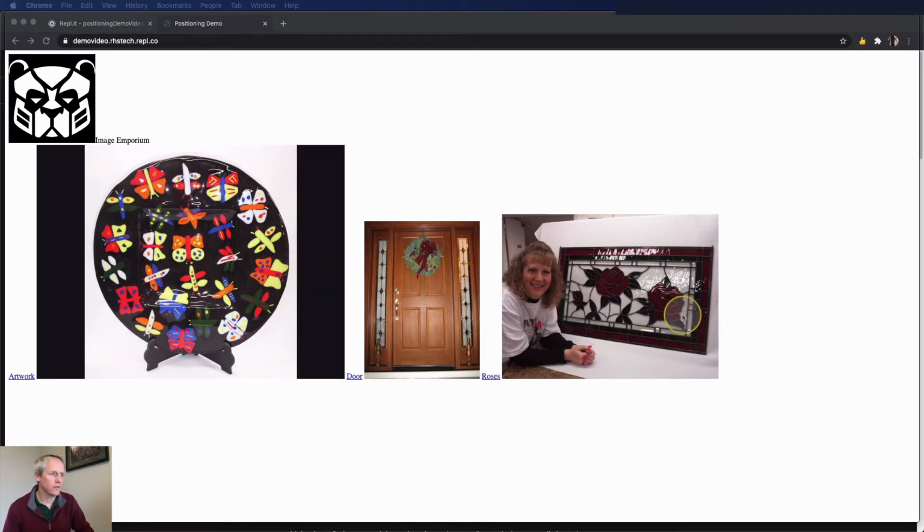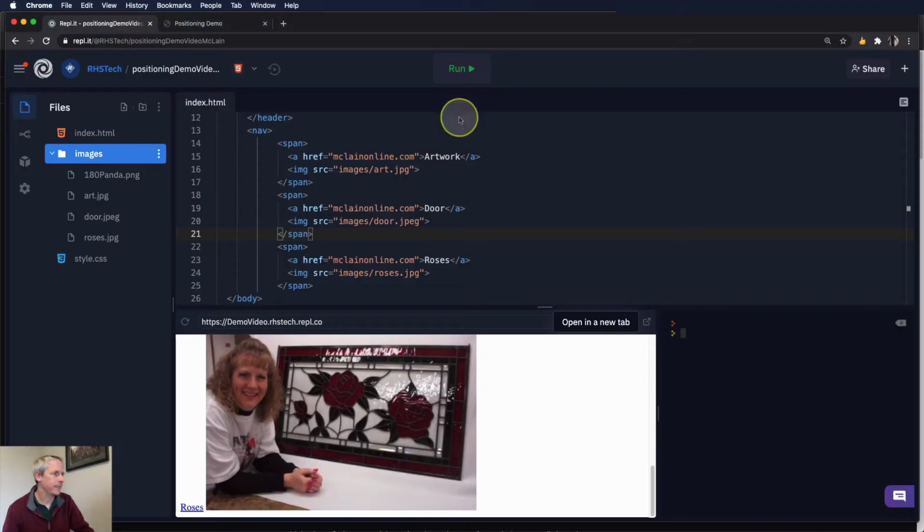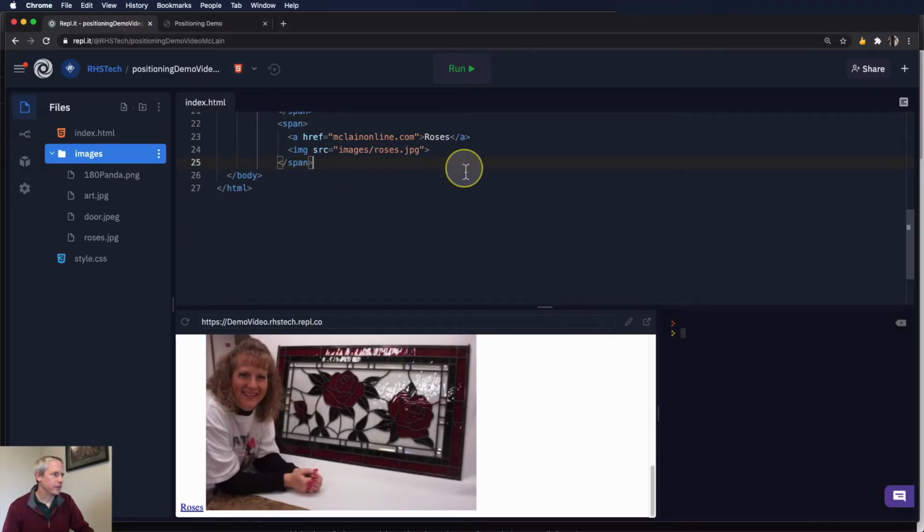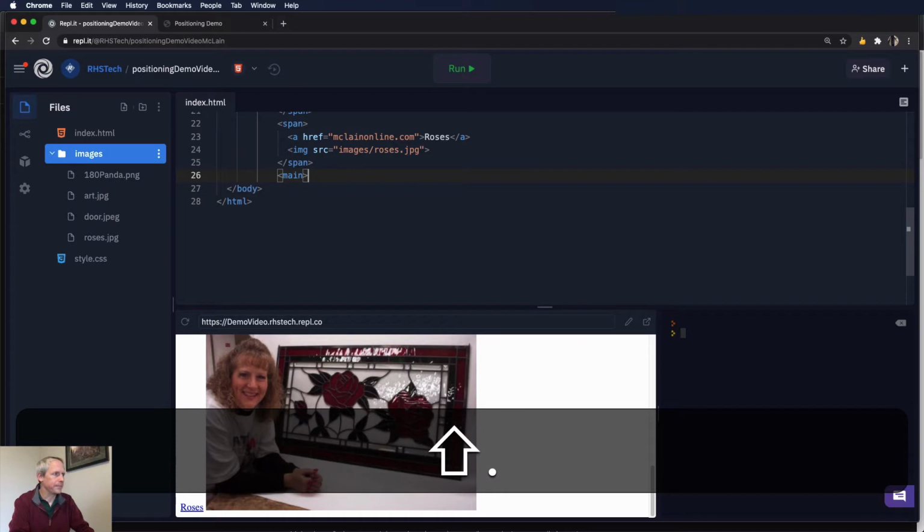I grabbed these off of a local stained glass studio website here in Tigard. And I've dropped the Riverdale Robotics Panda graphic on there as part of the header, just because it's something I had available that was of a reasonable size. I've done nothing to these images to make them a particular size at this point, and I've got 3 links in a nav. So remember that I'm going to go ahead and put in a content piece here, a main,